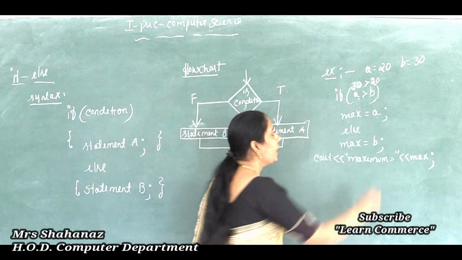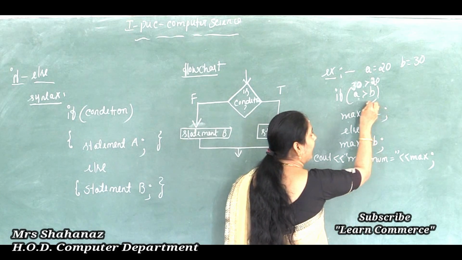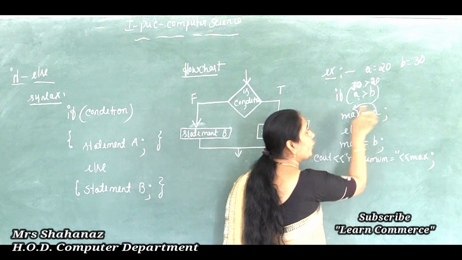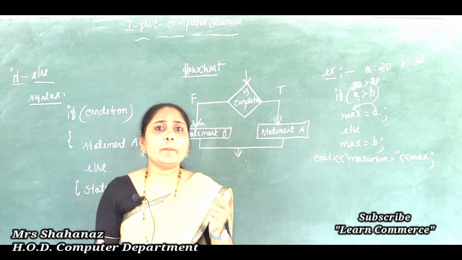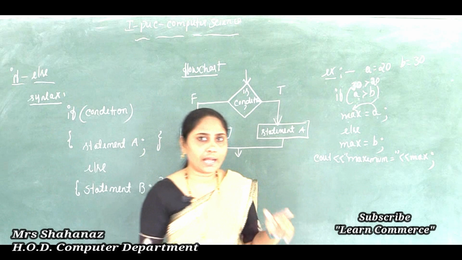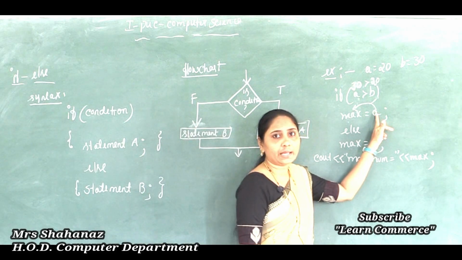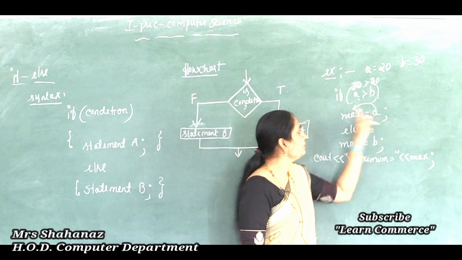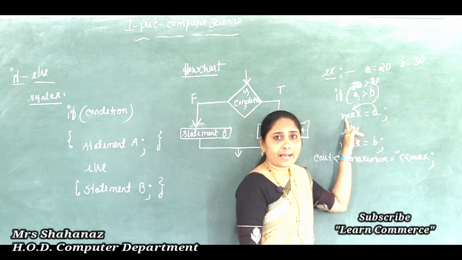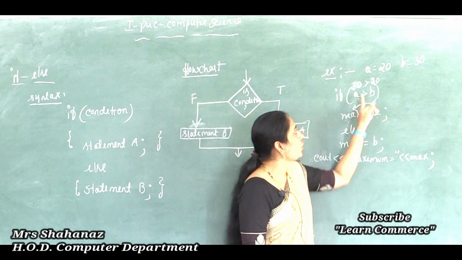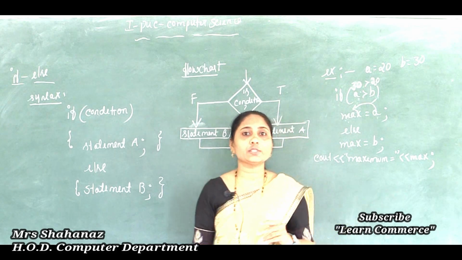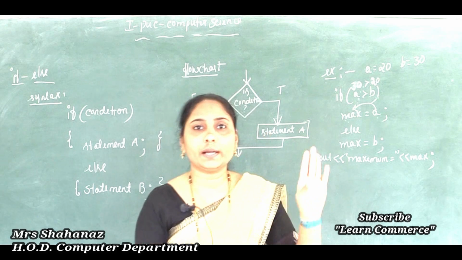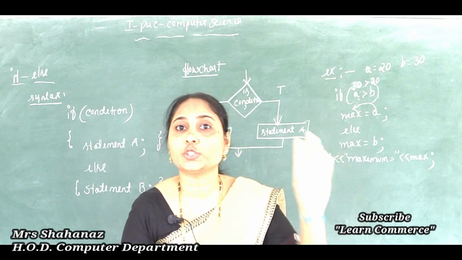Clear this point here? So you should remember it. The value is going to be assigned from A to maximum, and while writing, we write max is equal to A, but actually whatever value is there in A is going to be assigned to our variable max here. So if this condition is true, 30 value greater than 20, the condition is true, no? 30 value greater than 20.